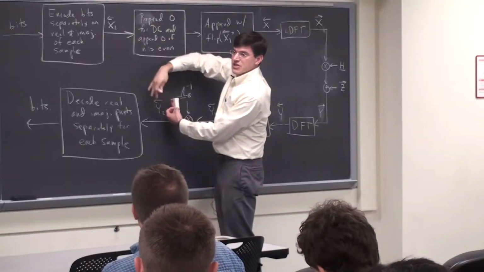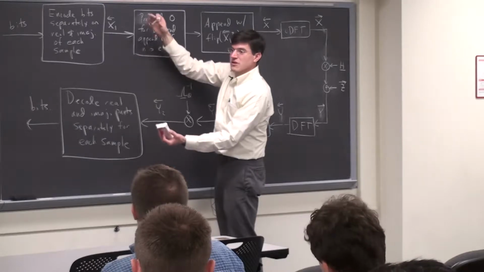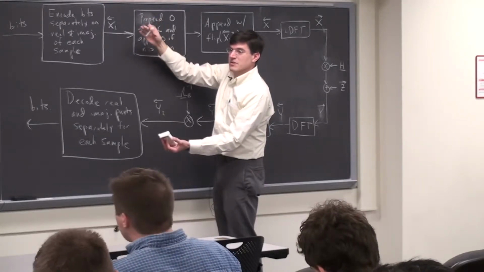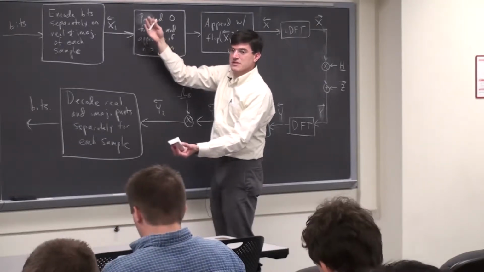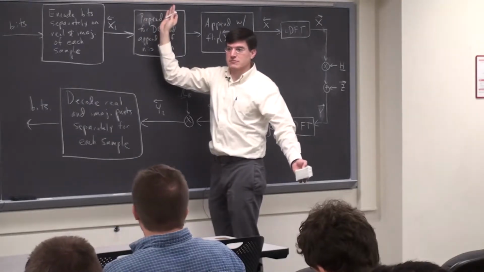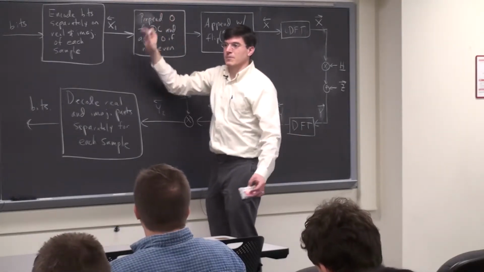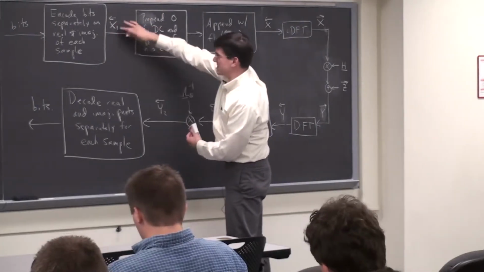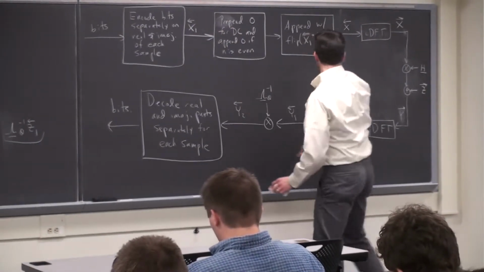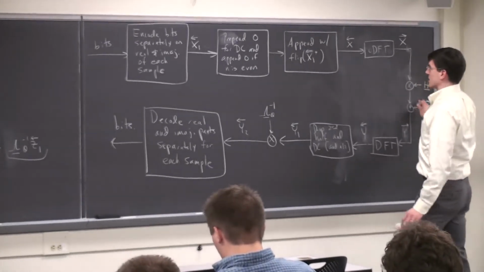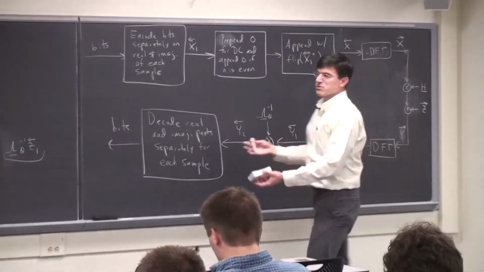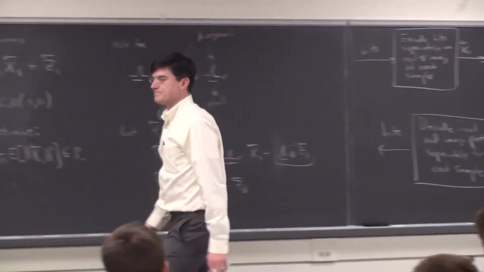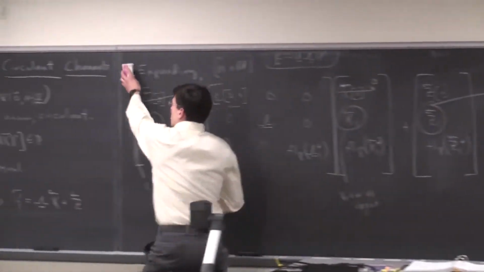Okay, and this is a channel we know how to handle, right? Everything's real. There's no ISI among the samples. Gaussian noise independent across the samples. This is just bit power allocation, that we can do. So it's a reduction from here to here; this is a channel we know how to work with. So what we did was take the original channel, which was rather complicated, and reduce it to one we know how to handle by introducing these blocks.